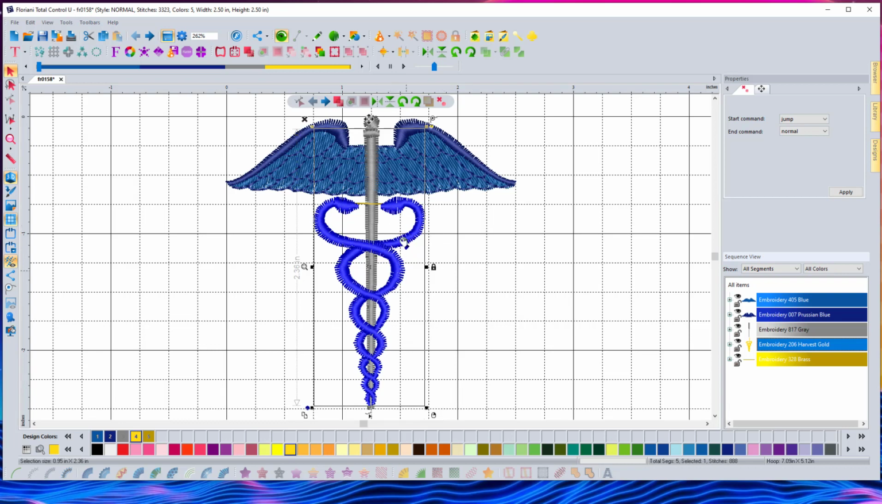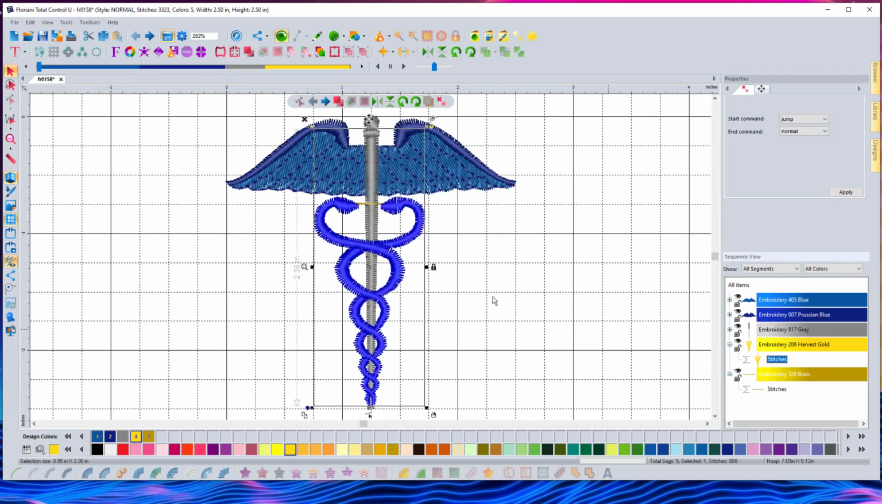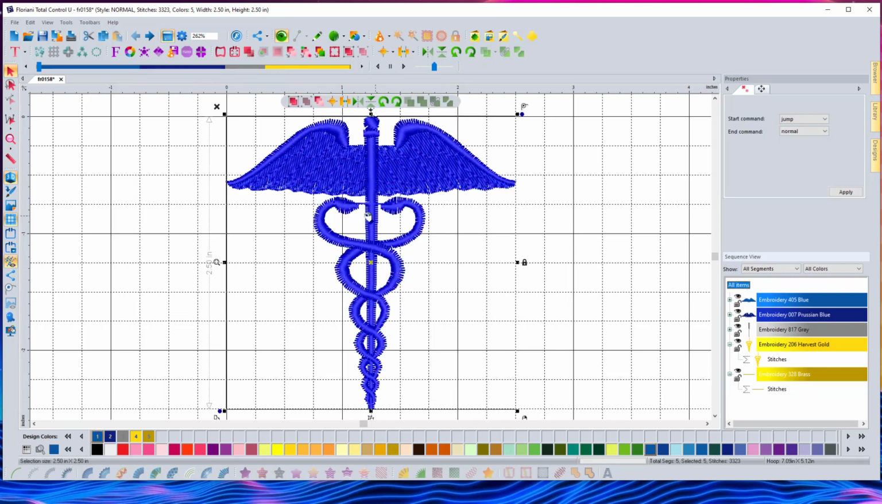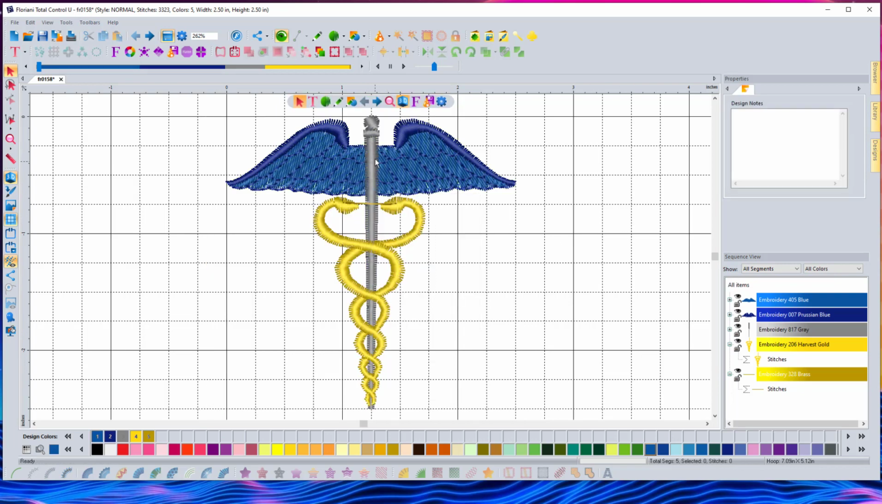So now this is all one section. If I open up my sequence view, I can see that this is all one thing. It's not broken up into pieces. We can, however, break it all up into individual shapes by selecting the whole design and then right-clicking and choosing Convert to Outlines. But wait, before I do that, I actually need